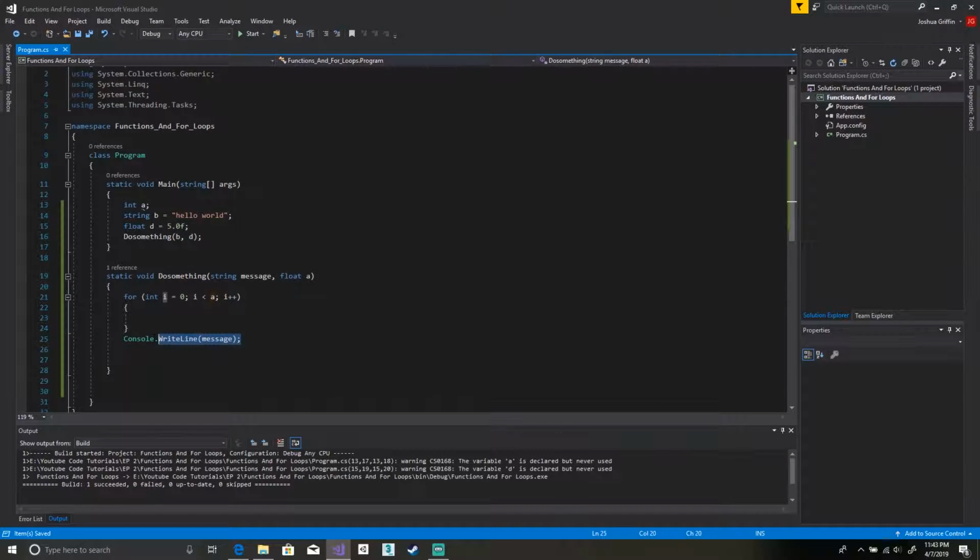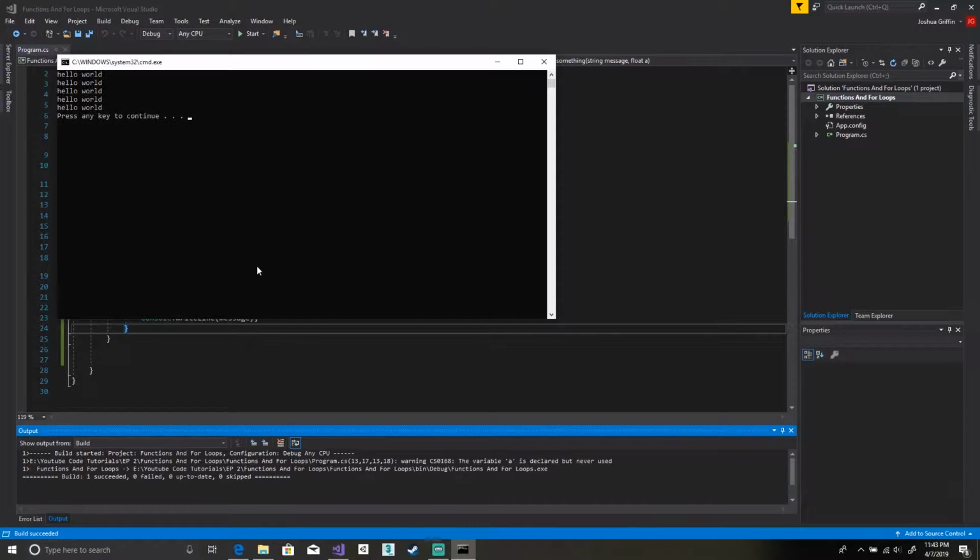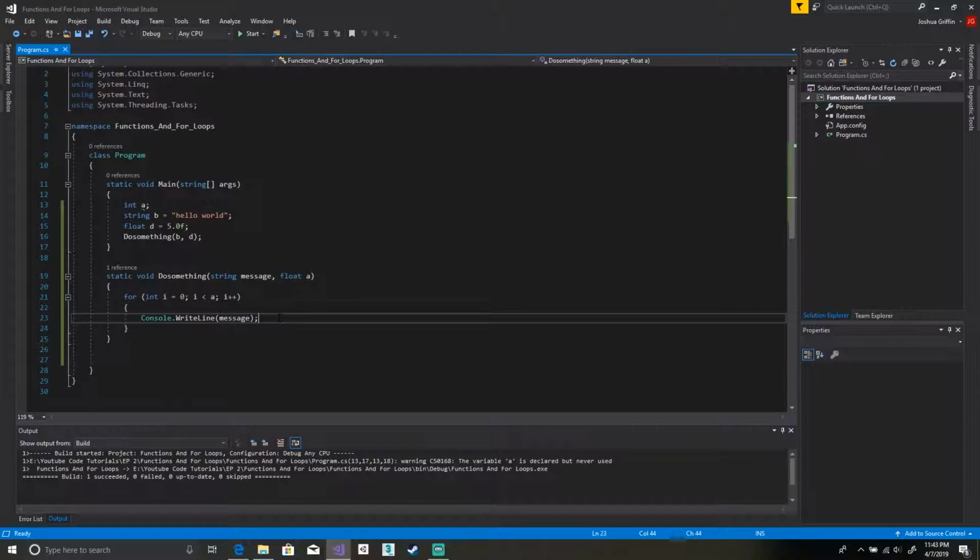We want you to print out our message. And if we hit Control and F5, it's going to print it out 5 times. And there you go. Now, the very important thing to remember with programs, especially when we start going into arrays,